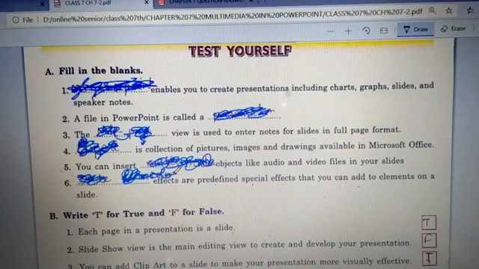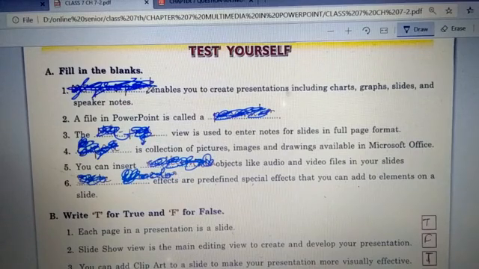So, children, first we will discuss how to find the answers for fill in the blanks. Okay, so the question here is: Dash enables you to create presentations including charts, graphs, slides, and speaker notes. So, children, how you will find the answer?